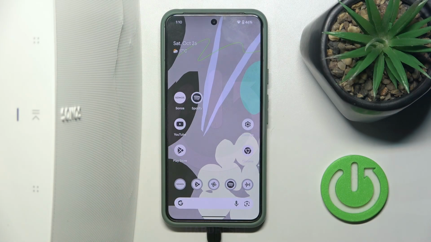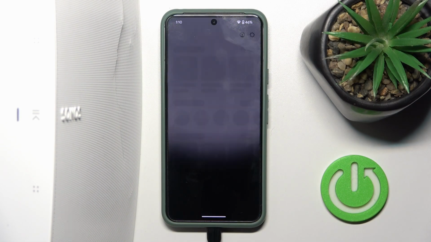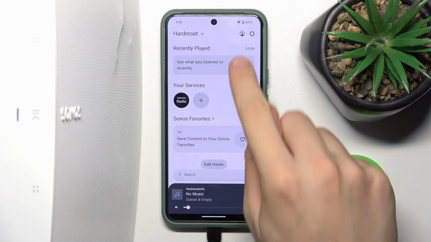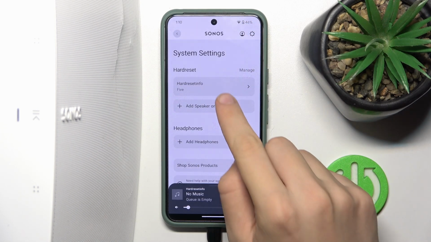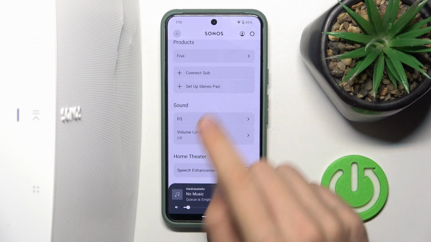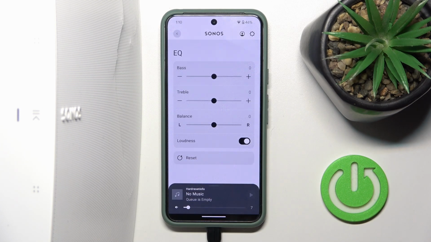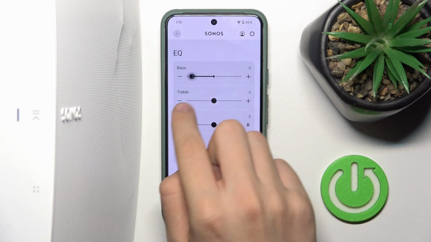To enable Equalizer, at first we have to open our SONOS app and then click on this gear icon over there. Now we have to click on our device. Now we have to scroll down to sound. Here we have EQ, we have to click on it. And now we can adjust our equalizer,